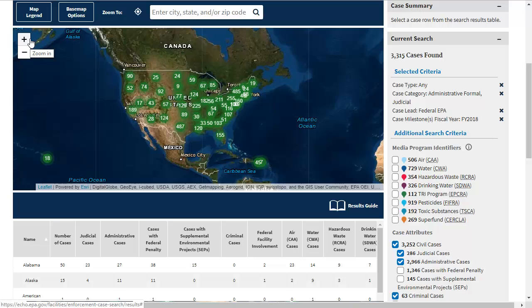The results page presents the search results on a map and a table. Our search criteria are listed on the current search panel. This search returned over 3,000 enforcement cases. In the interactive map view, when a search returns more than 500 enforcement cases, the locations of the facilities associated